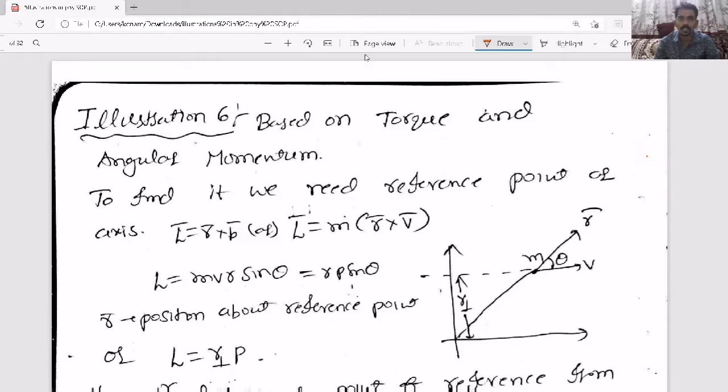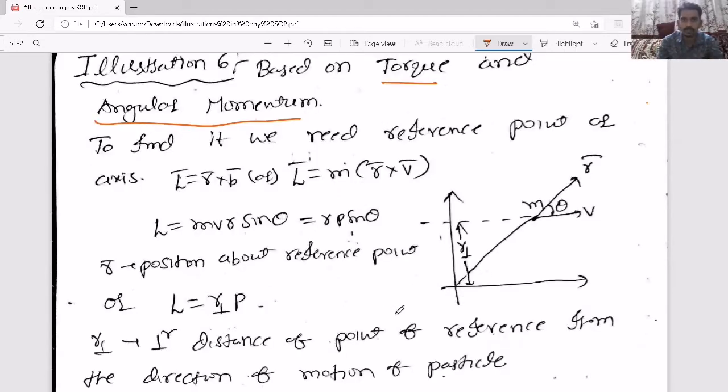Today we will continue with the same system of particles. Today we'll start with what is torque and angular momentum first. To find whether torque or angular momentum, we must have a reference point or reference axis. When you consider angular momentum or torque, you specify the reference point. First, let us take